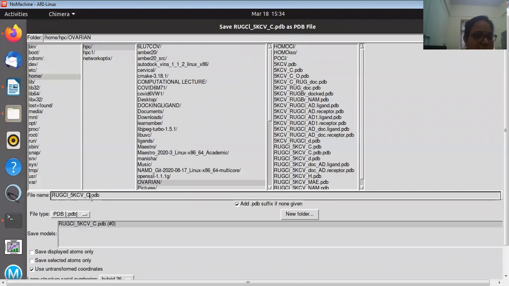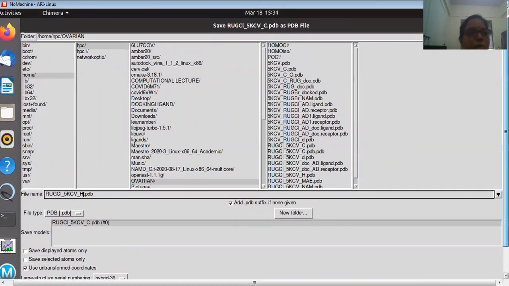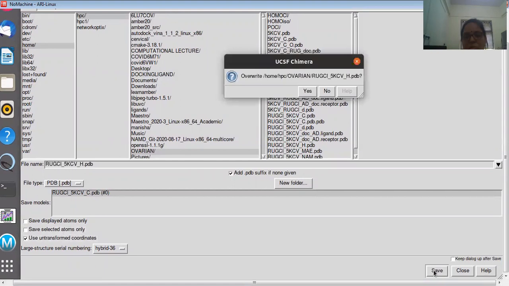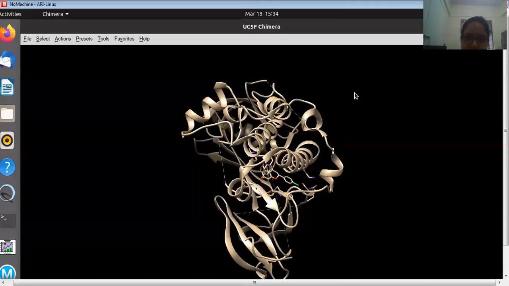Okay, now press H. Okay, and save the same file in the folder, like in the ovarian folder. I think I have got it. Okay, so go to the ovarian folder. Yeah, it is the same H file. Okay, do it, save. So now this file is saved. I have already prepared it, so it is asking me whether I want to do the same. I will say no, I will just explain to you. So this is all about how to prepare the file for Amber.